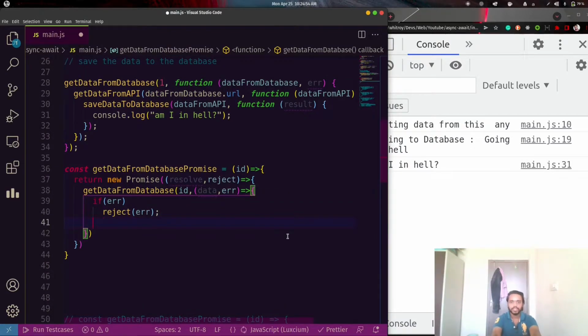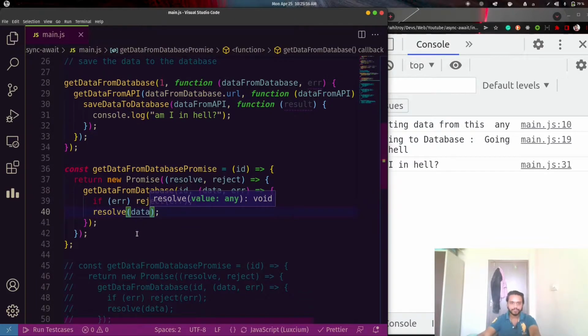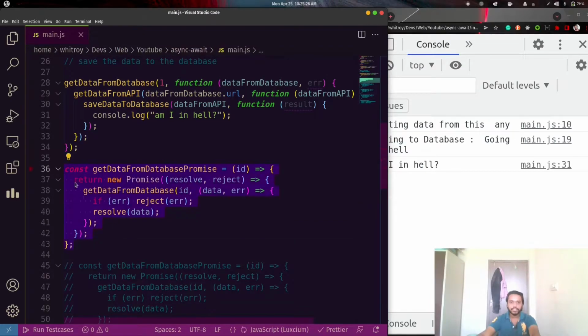I am just passing a flag value here, but we can also pass a message, and we should pass a message here, so that during debugging you can get the exact message and it will be easy to debug. And if there is no error, we are going to pass the data here. So here we have converted getDataFromDatabase into promises, which returns a new promise object.